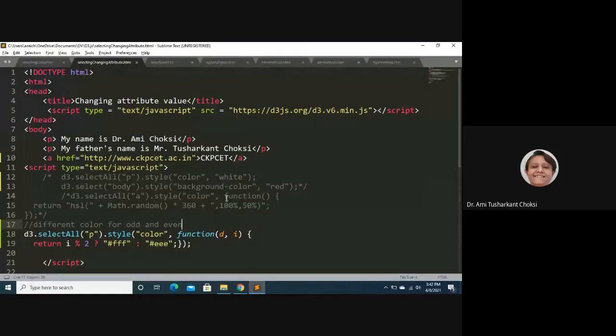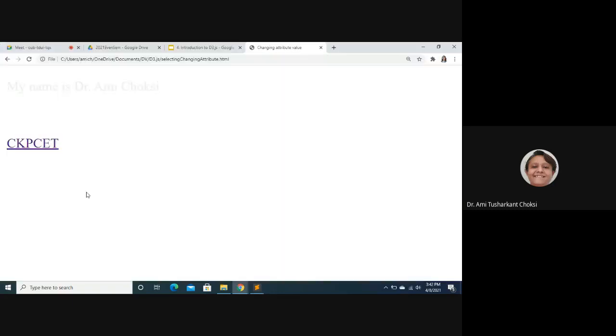Let me put this background color as, this one, right? Red. Now let's see.